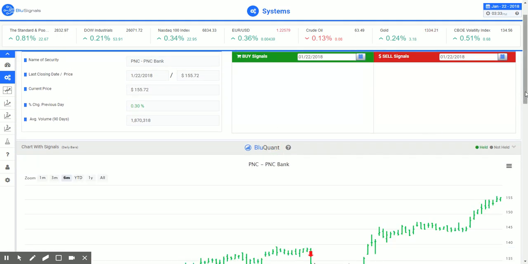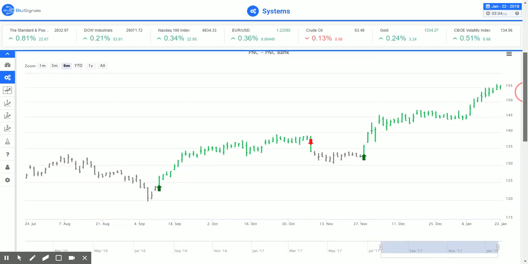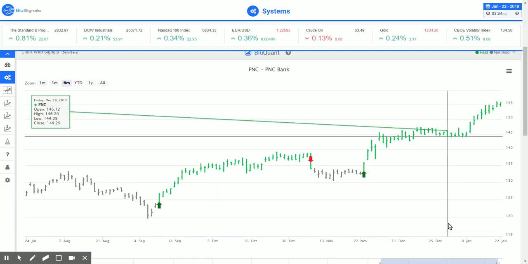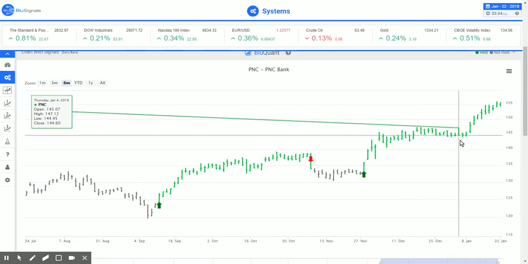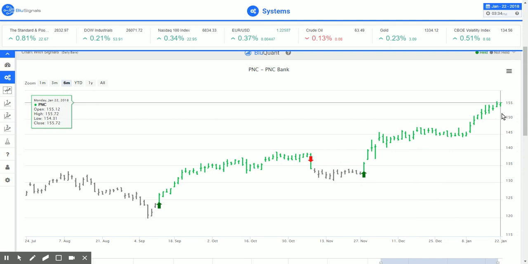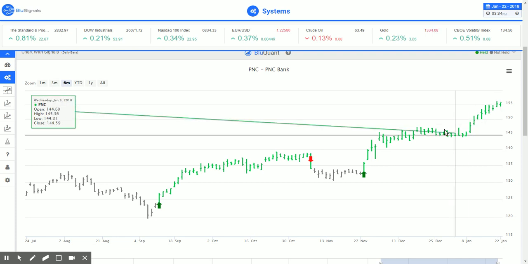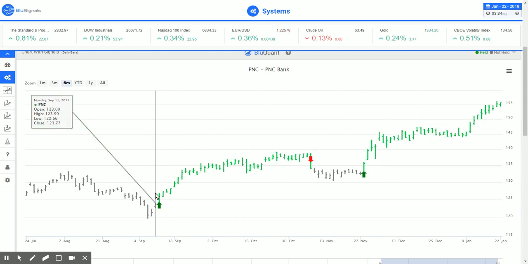And there's PNC that we just loaded. That was from the live portfolio. And here that position is. It was triggered here. And as you can see, because the green bars are still active, you're in that position. A sell signal has not been issued. The last time PNC was traded,